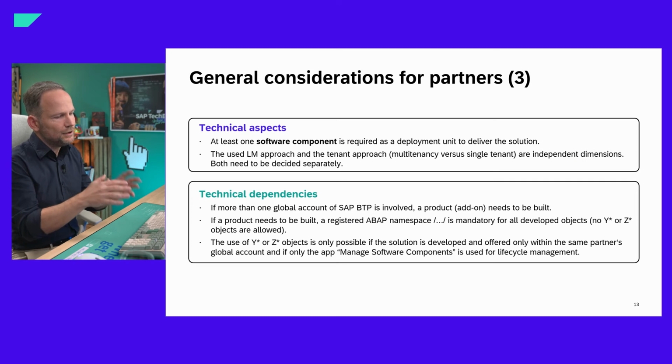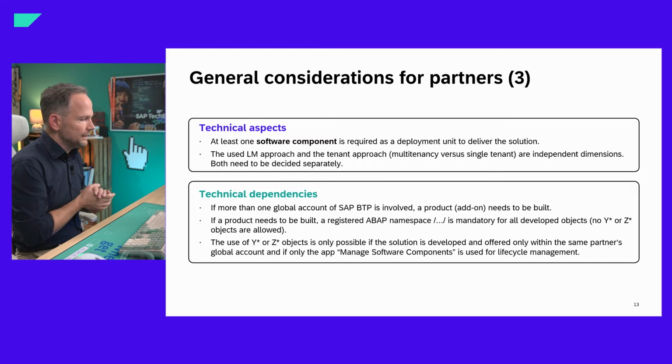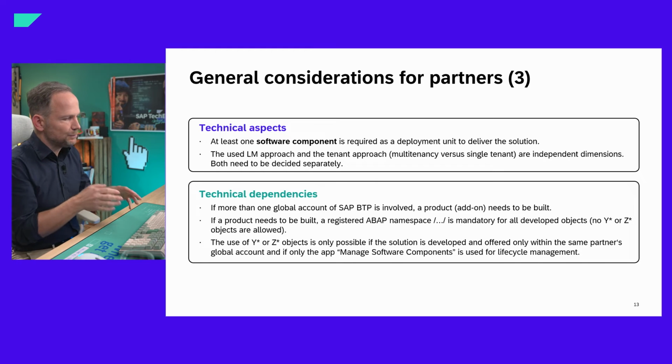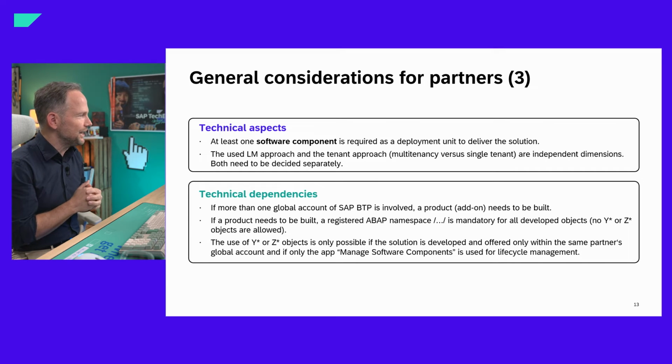Two additional technical aspects. When it comes to the delivery of software, if you develop objects in ABAP, you need to develop these objects under a software component. We deliver a local software component, with the name set to local. It means it's just for local development, and this would not allow you to transport these objects to another system. Therefore, it's important to know that you need to start with a software component if you transport objects to another system.